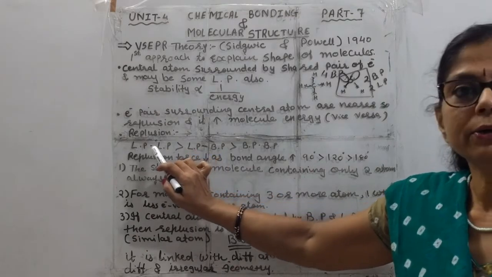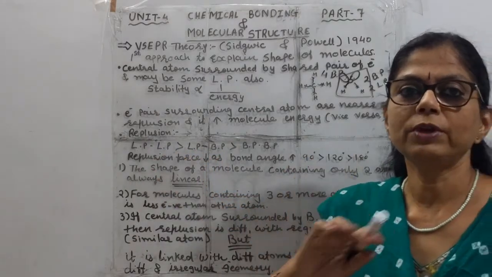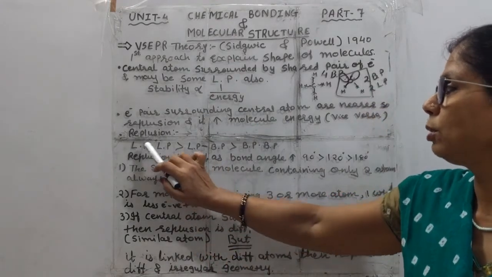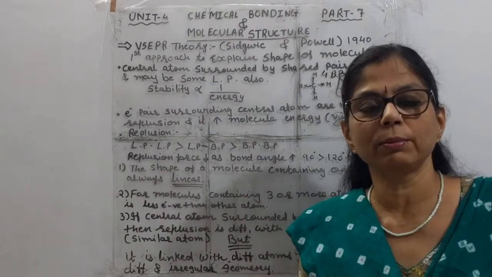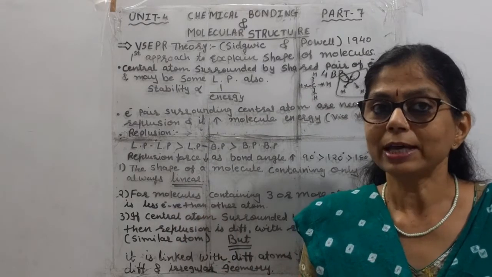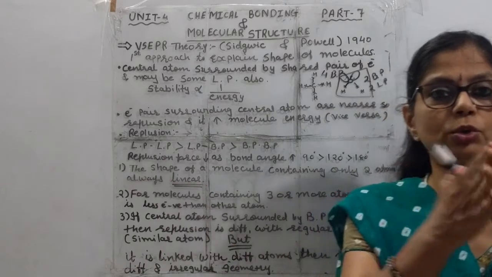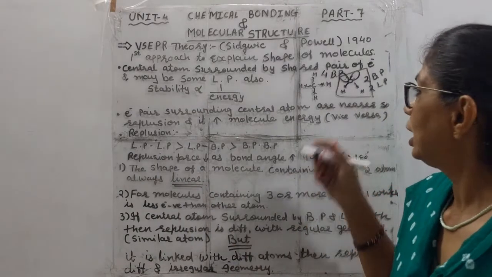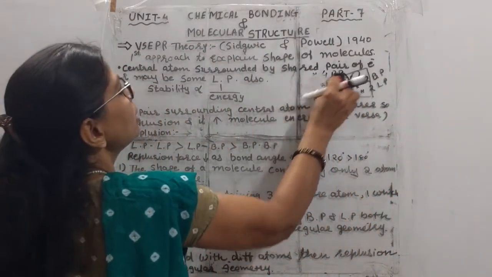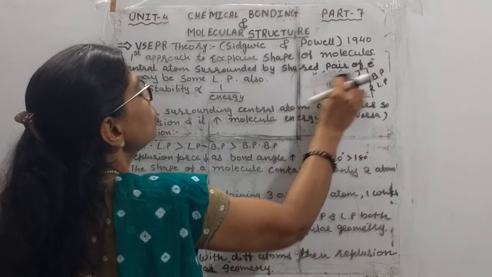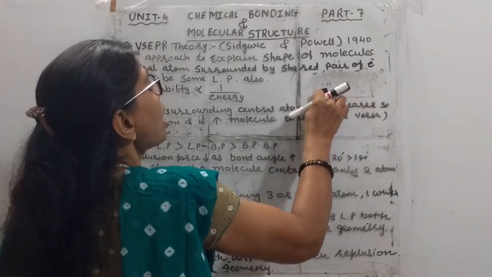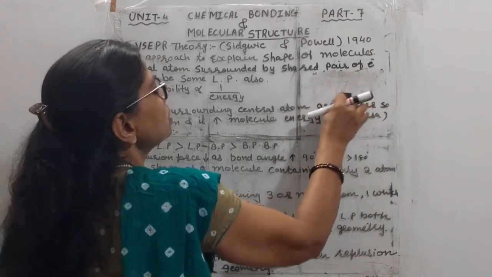And here the repulsion, in which way the repulsion will be in the increasing order, the lone pair is having the maximum repulsion, student. So here the order of the repulsion I am just explaining you. As you know, the lone pair means if the 2 lone pairs are nearer to each other, if we take the example of H2O. Because H2O is having the 2 lone pairs, lone pair repulsion is maximum. How can we conclude that?